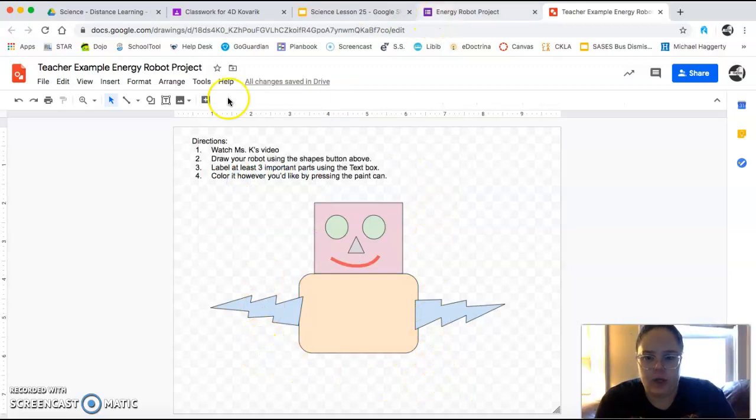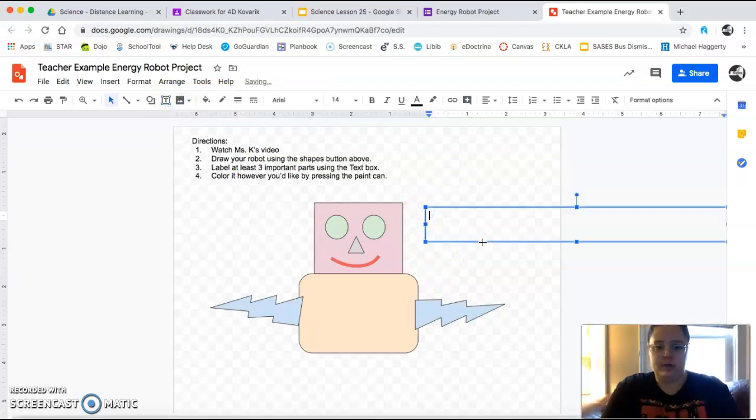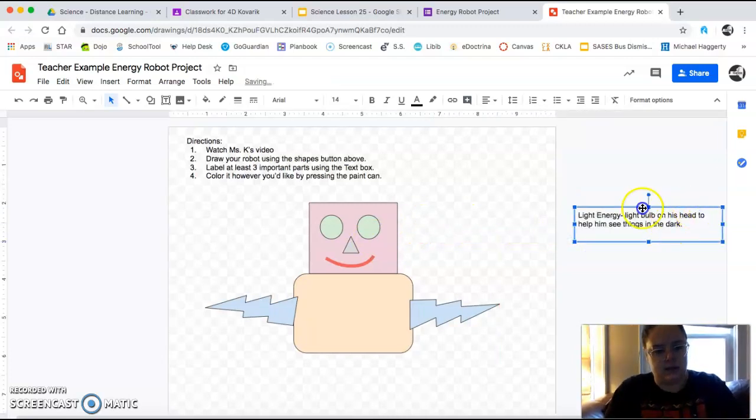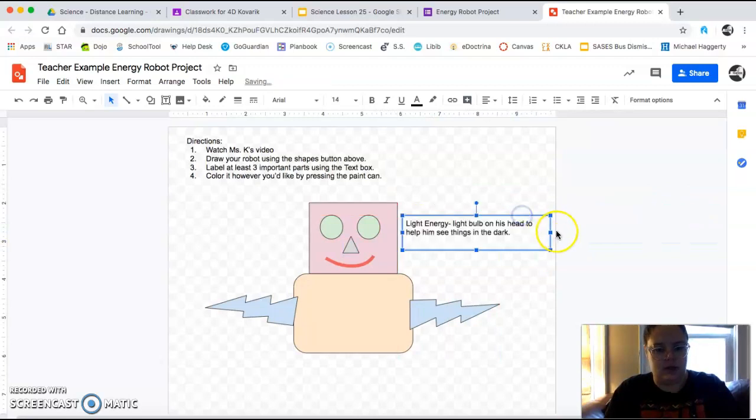Okay, so you're also going to need to use this text box right here because I'm going to have you label your different parts. So I said I was going to have light energy. So all I did was press this text box and then click where I wanted it. I'm going to write whatever I'm going to type, light energy, and I'm going to put a light bulb on his head to help him see things in the dark. You can edit how big this box is using the edges, drag it,